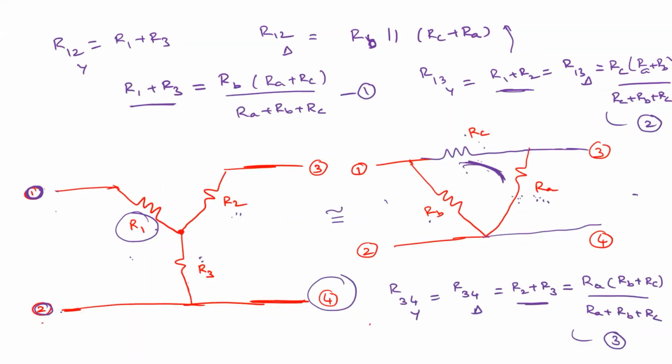What will it give? R1 only, right? Sir, why 1 plus 2 minus 3? See here, in this one R1, R3 is there, and here also R1, R2 is there, but here this is R2, R3. If we add these two, what will you get?